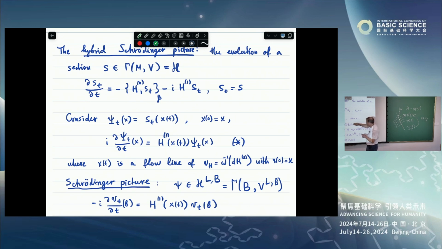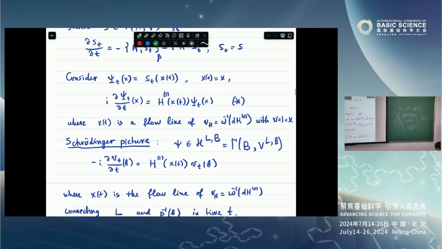Let's do something similar to the method of characteristics. Let's consider the evolution of the section at the point xt, which also evolves in time. So then if you do the substitution, the classical part cancels out, but the quantum part should be evaluated at the classical trajectory. So we have the equivalent description. So now we have the non-stationary Hamiltonian, but of the very particular structure. It's a stationary Hamiltonian, but computed at the classical trajectory.